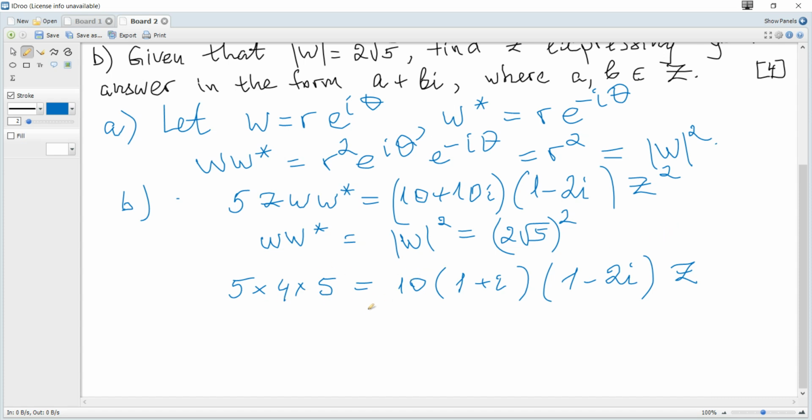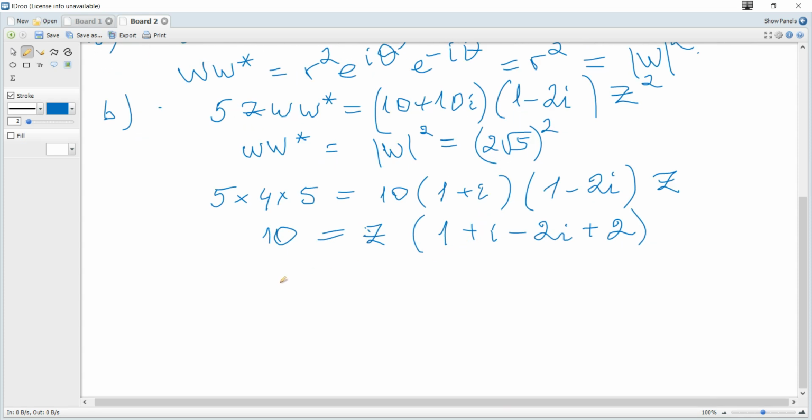and it becomes 10. We can divide both sides by 10 and expand this to get z multiplied by 1 plus i minus 2i and minus 2i squared, so it's plus 2, and hence z becomes 10 over